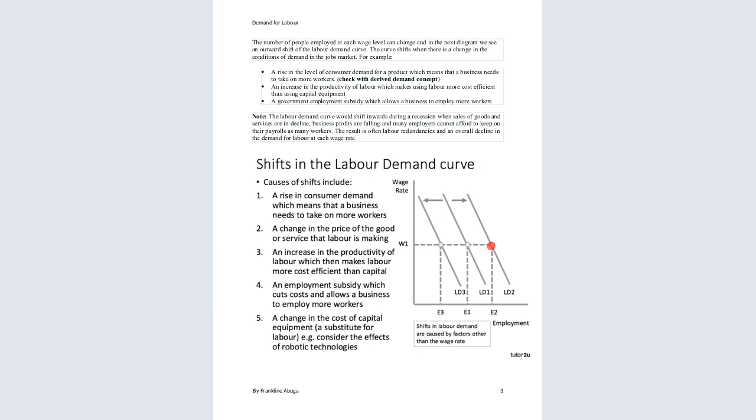So if it goes up, it will be so expensive to produce. So instead of employing more of that capital, you do away with the capital, you employ more laborers, causing the shift. And if you realize that the price of that substitute has gone down below the wages, you are going to employ more of that capital and fewer laborers. And for technology, I think that is self-explanatory. So what I want you guys to do,